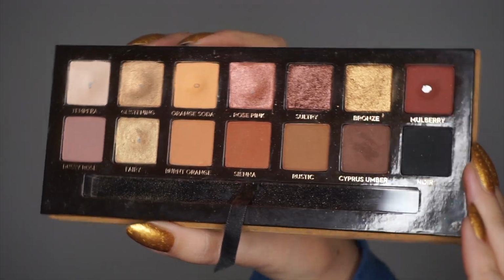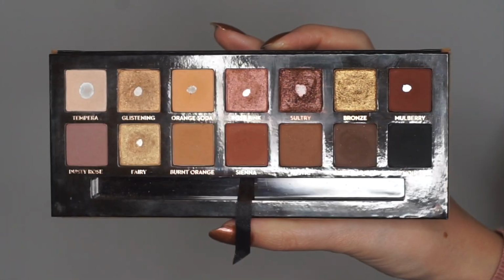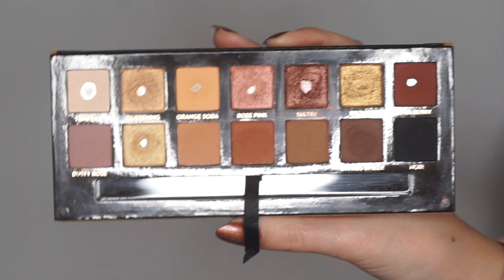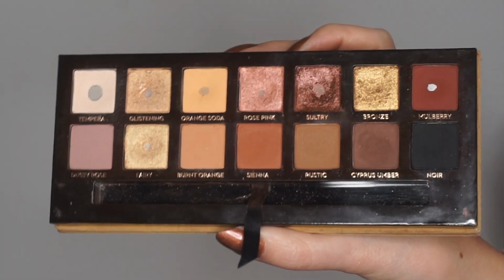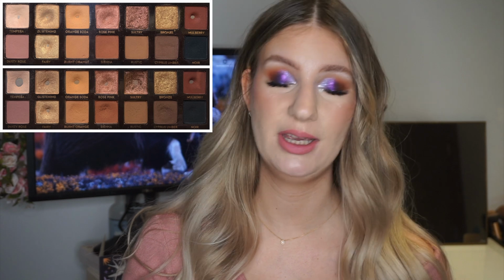Since then, it's been 1 month and this is where I am with this palette today. So you can see all of the progress there, the overview, but I will also, once the overview is done, I will have some pictures next to me so you can see what it looks like now. So I'm going to go through each shade in order and how much I used each shade so you can